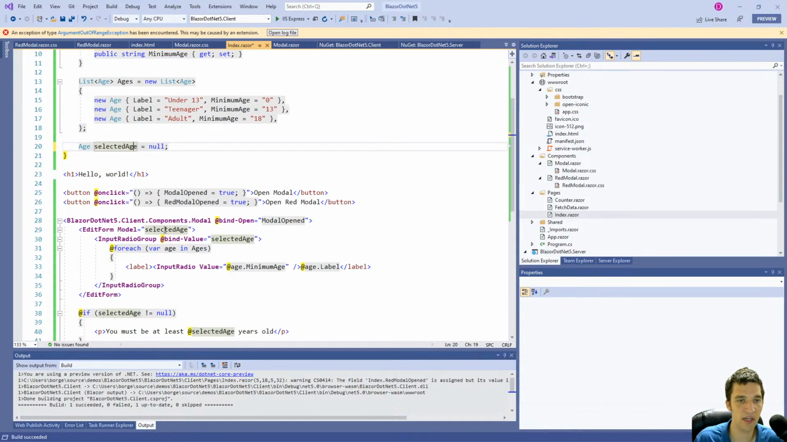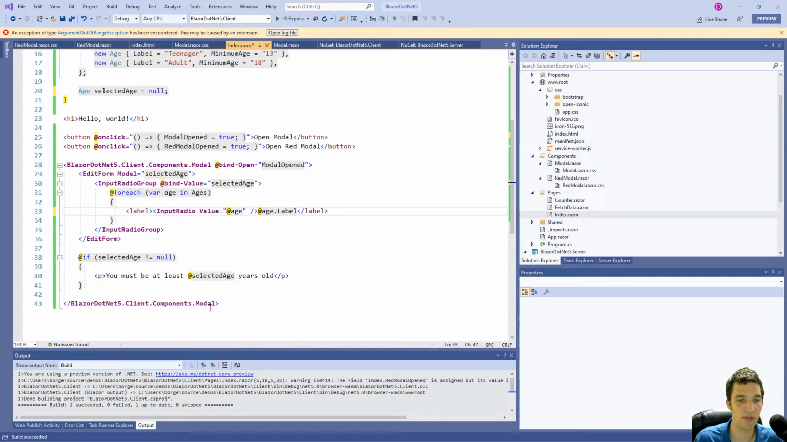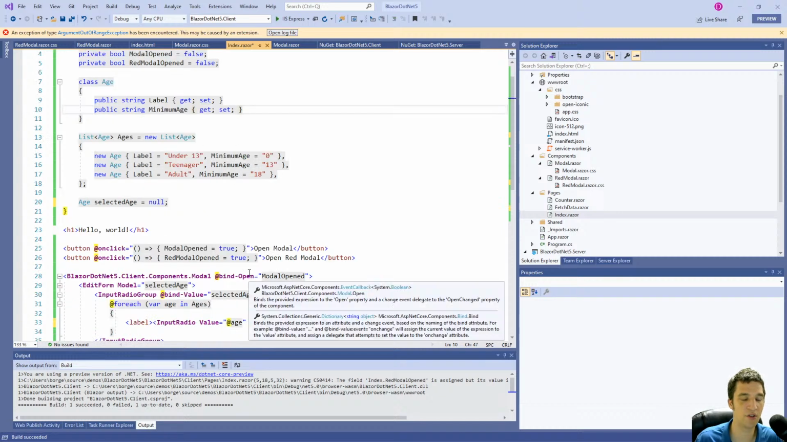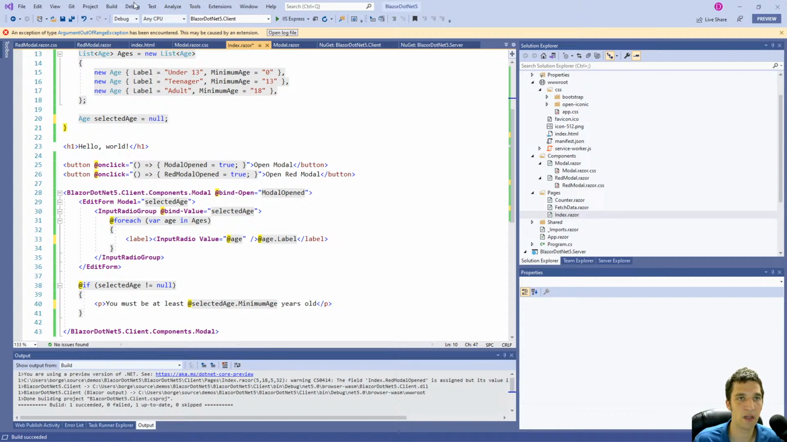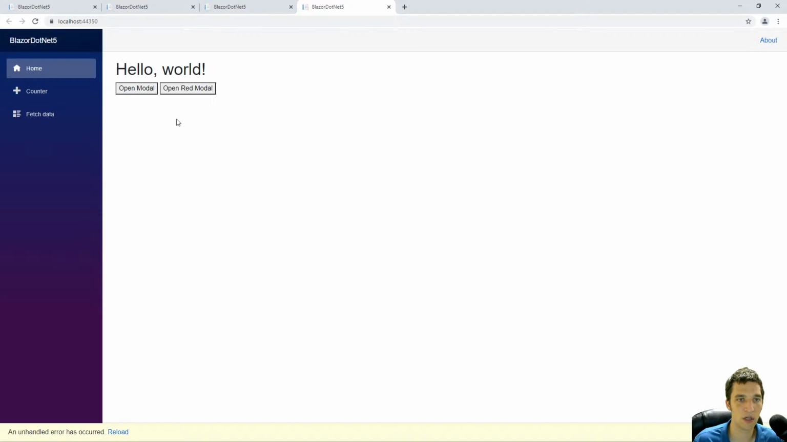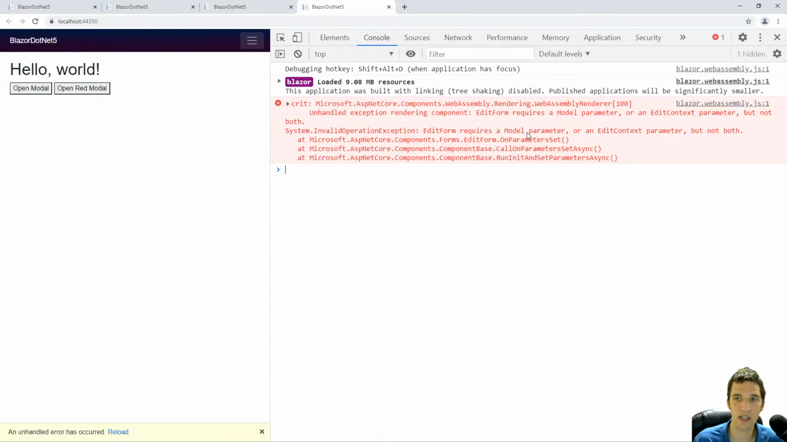So it would be nice if you could bind it to the selected age here and just set the value to age. And that way you'd be able to do something like selected age dot minimum age, and maybe you'd have other properties here, in which case you could bind an entire object to a radio button, which would be pretty cool. But it doesn't quite work. In fact, it appears to work. The compiler makes it seem like it's going to work, but you start to get